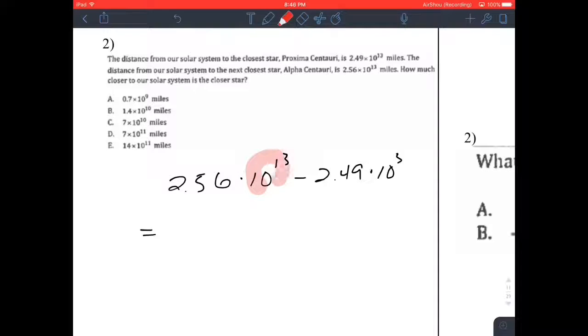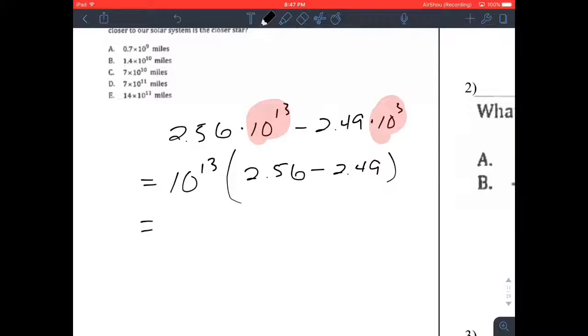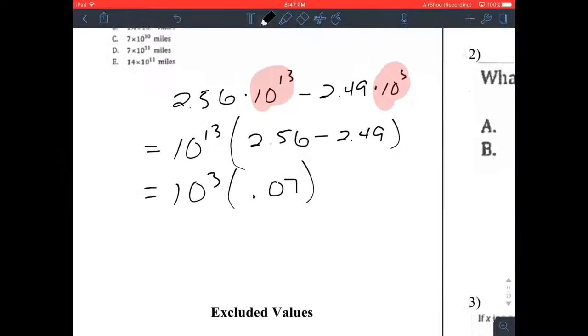Now you can treat the 10 to the 13th kind of like a variable because we're multiplying that. You can factor out that, since it's in both terms, and you're left with 2.56 minus 2.49. If you subtract those, you're going to get 0.07. Now the problem is 0.07